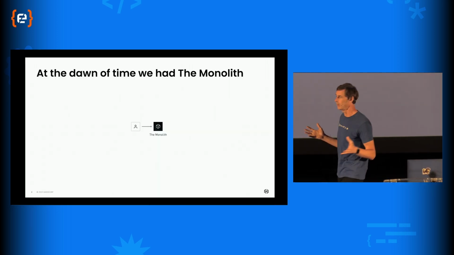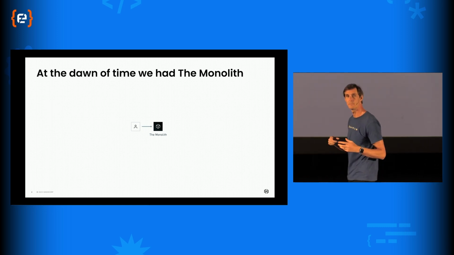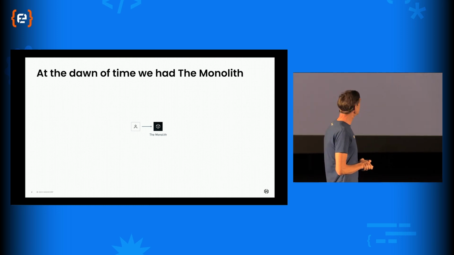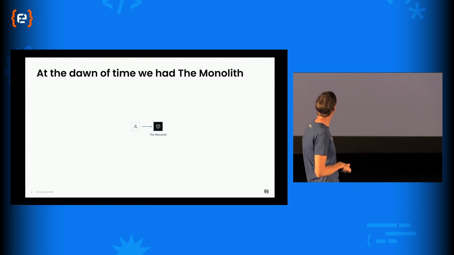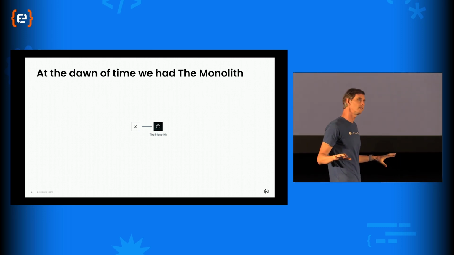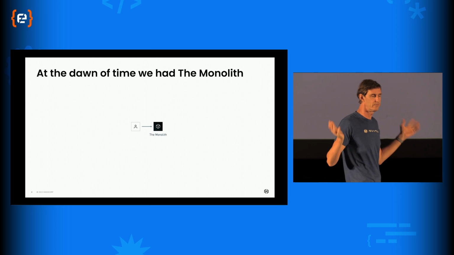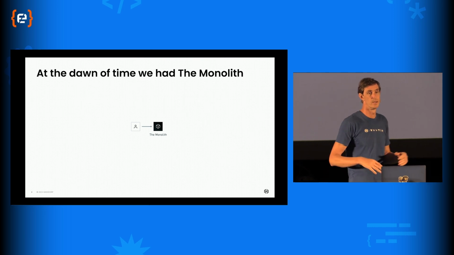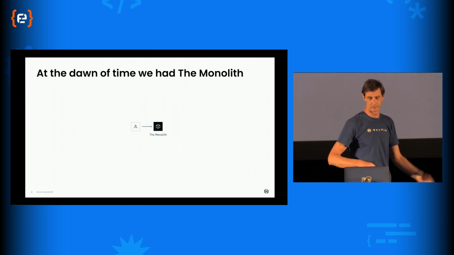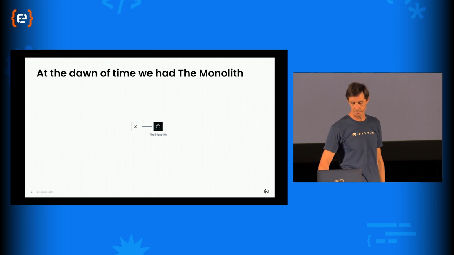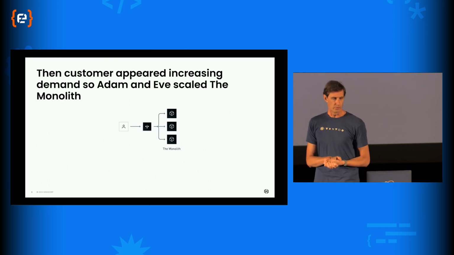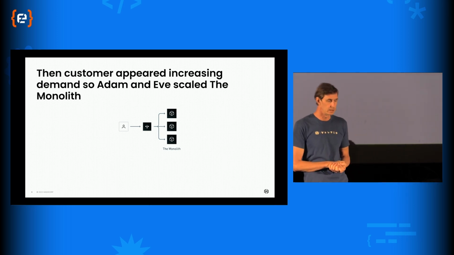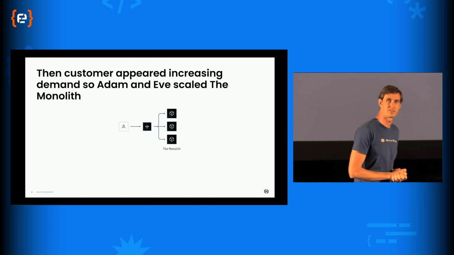Now, why should you care? I think this is very pertinent for anybody who's building modern applications or playing around with modern infrastructure, in that we started off at the dawn of time with the monolith. Every few years, you're going to believe the hype that microservices are not the thing. It just happened last week, and everybody's going to go back to the monolith. This happens. Everything is cyclical. But at the dawn of time, we had the monolith. Now, unfortunately, there was a thing called a customer, and the customer appeared and sadly increased the demands on things.